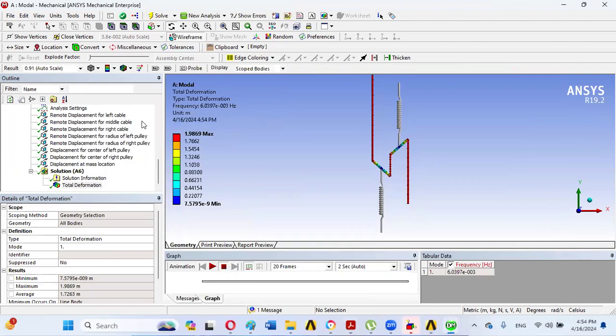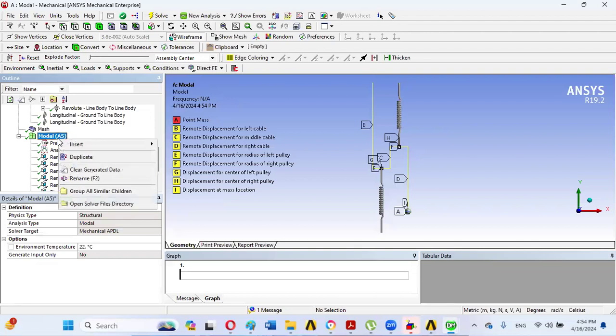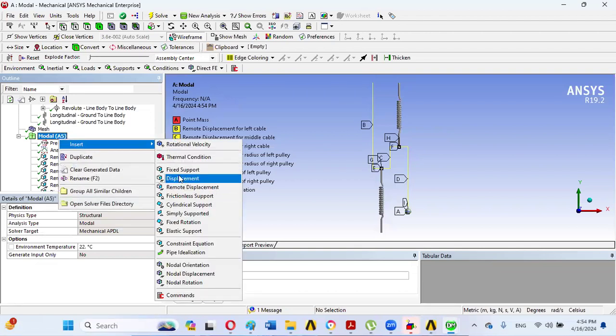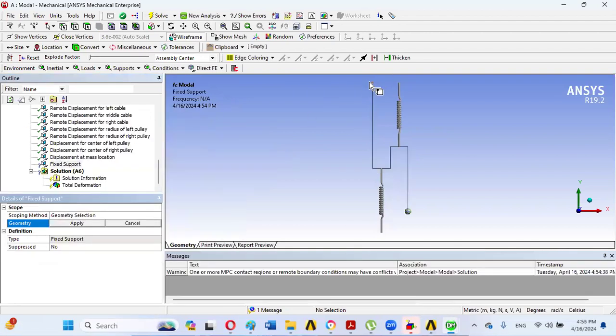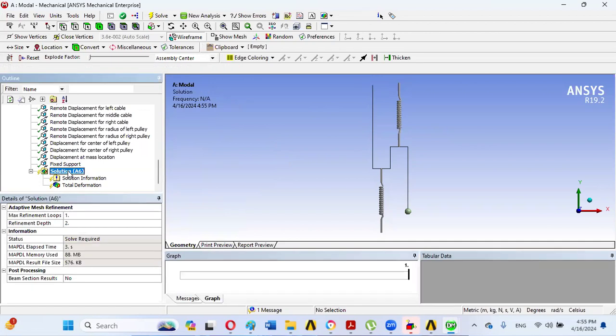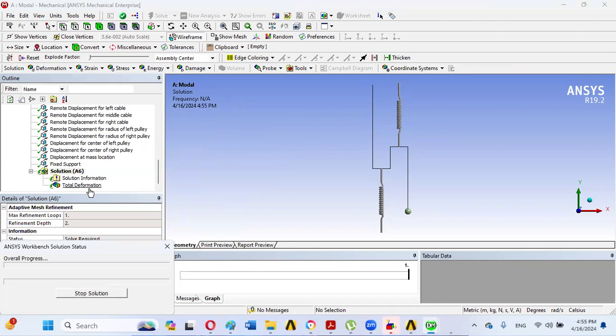So let us apply a fixed support at this location. So insert, click on fixed support here, and then click on this point and click on apply. And now we will again be solving, and